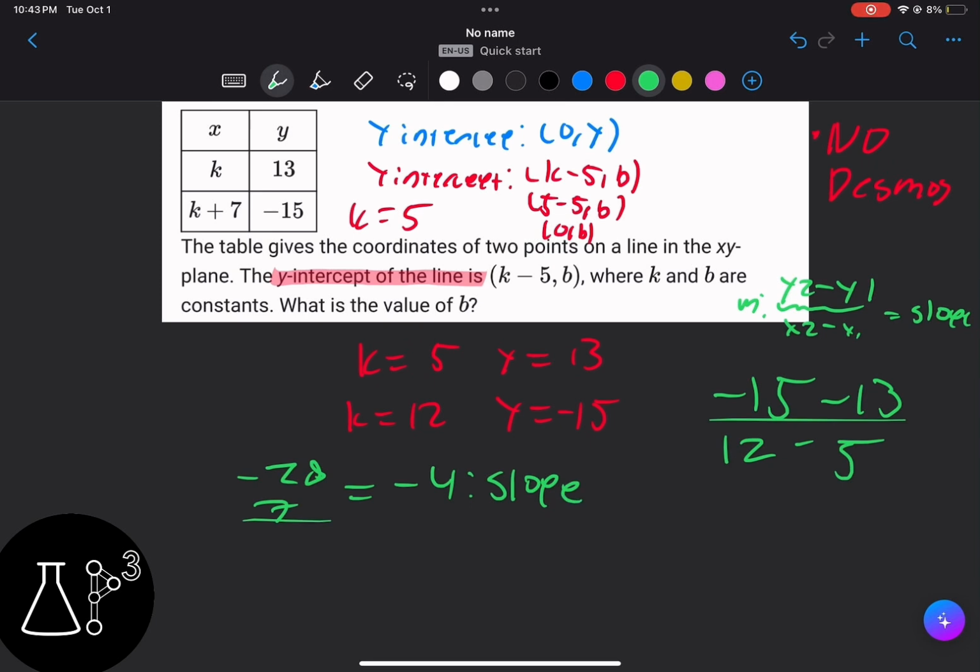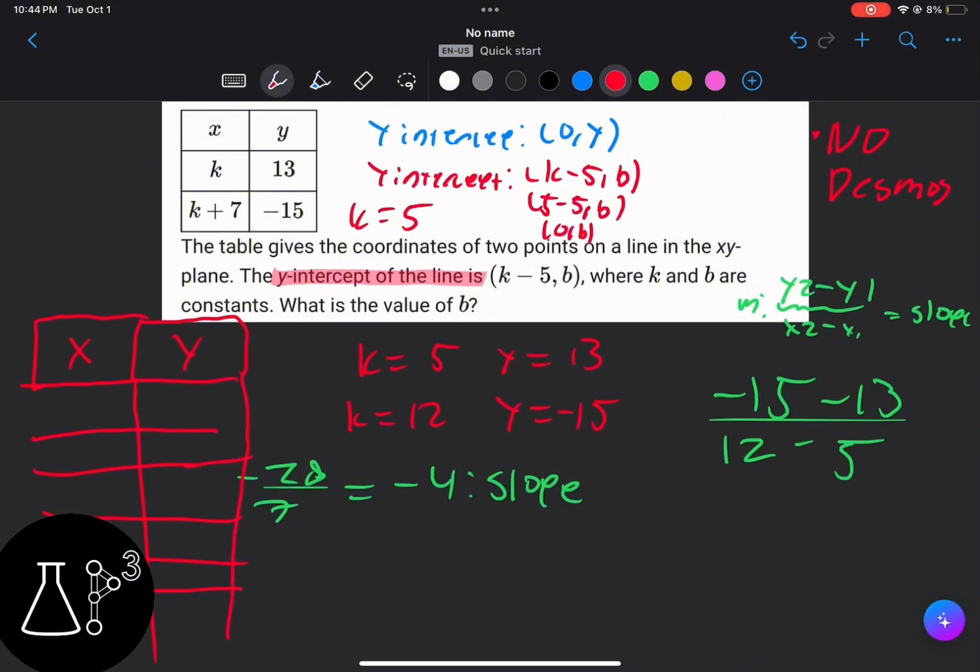Now, I'm going to draw a chart in order to figure out the value of b, and you'll see why. Any x value and y value over here. The reason why I'm drawing this is really important, so pay very close attention right now. If x equals 5,